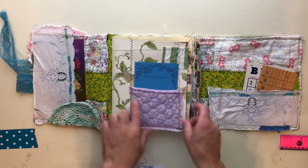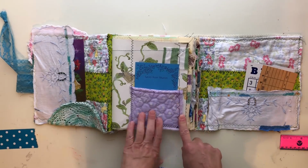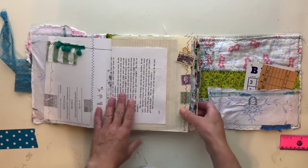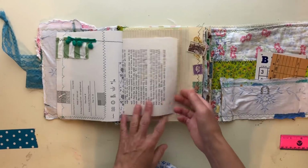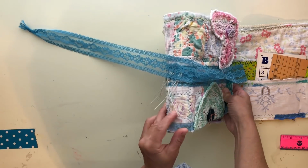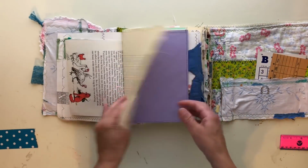I used lots of wallpaper. This is a pocket that I made from some of my baby clothes. I think I did stick stuff in the pockets on this one. So I'll just kind of walk you through, make sure I'm in frame here, and show you what I have. This one has 1, 2, 3, 4, 5 signatures also. So ledger paper,